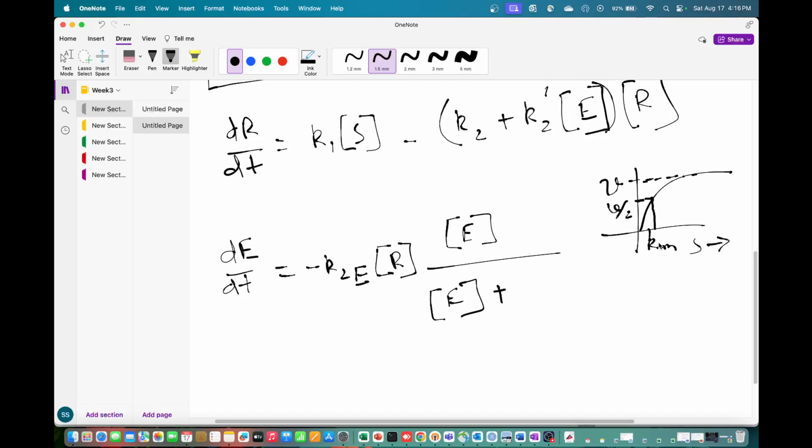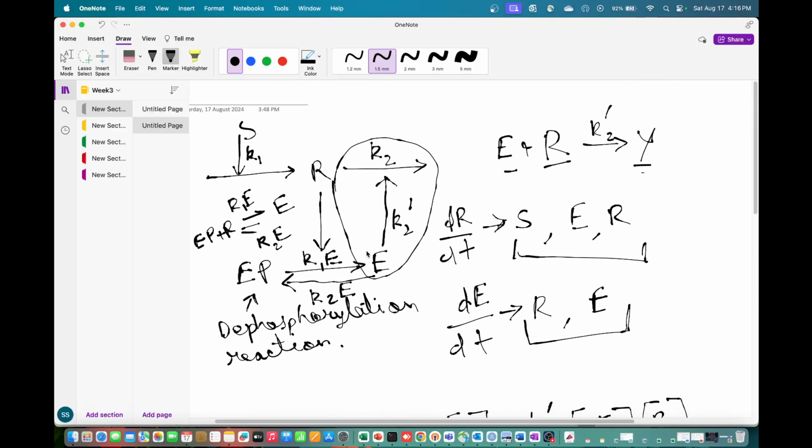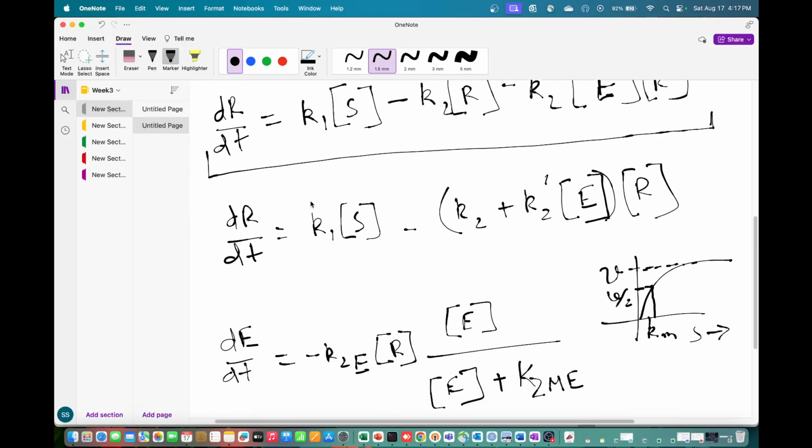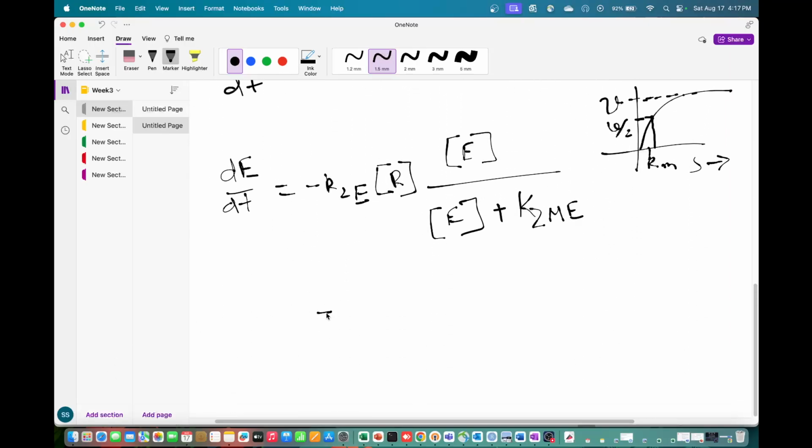So this is the Michaelis-Menten equation. The equation is basically E by E plus K2ME, because this is K2E, we just put the Km value as K2ME, right? So this is this part of the reaction. This is this part of the reaction in a backward manner. Now if you want to model the same in the forward manner, you add K1E,